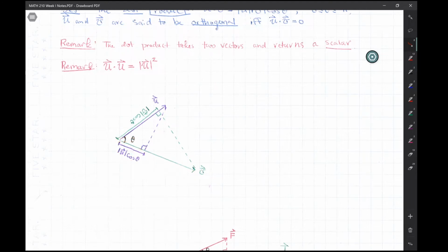Now, you might say, well, why did you choose u? What if we chose the shadow that v would leave onto u? So if we instead had light that was shining down towards u and perpendicular to u, well then the length of the shadow that v would leave from light rays pointing down this way is going to be the magnitude of v times cosine theta. So if we take the length of the shadow that v would leave onto u and multiply it by the length of u, well, we'd also get